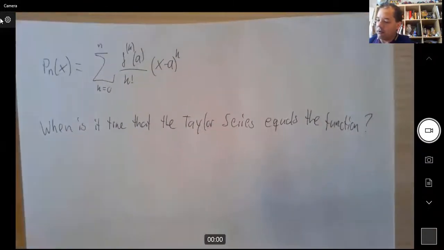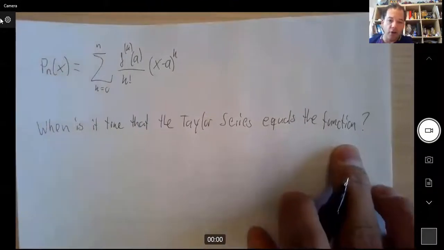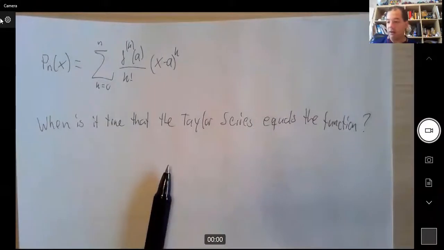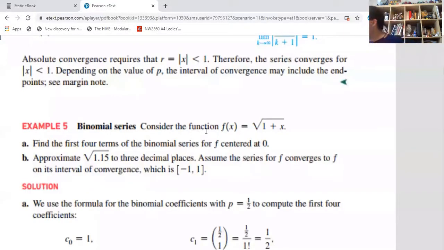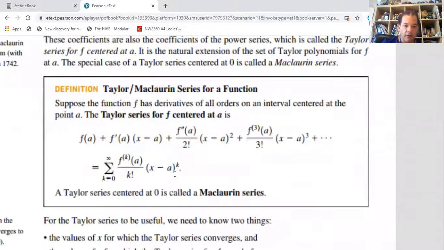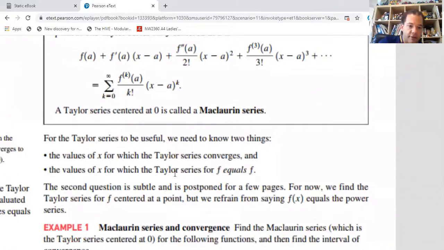So this is a question we're gonna look at now. When is it that the Taylor series equals a function? In fact, let me take you back to the book. Let's take a look at the book. See, when we started this section, this was page 731. Give it a little bit of time. All right, right here, 731. When we learned about Maclaurin series, we had